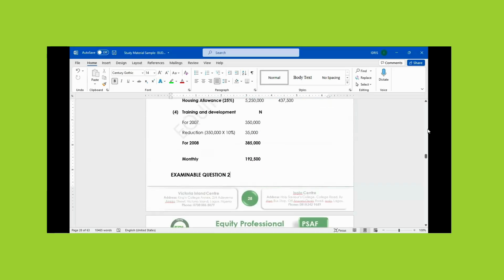We know when the business starts. The business started in which month? November. That means in our working note, we have to prepare cash budget for November and December, so that we know the closing cash balance in December. We now take it to January. Do you understand? Yes, sir. We have to prepare our working note. One is going to be cash budget for November and December, so that we can know the closing balance for December. We now take it to January.